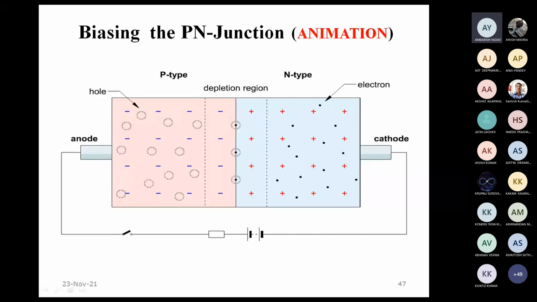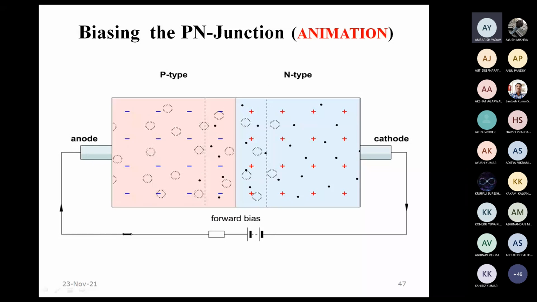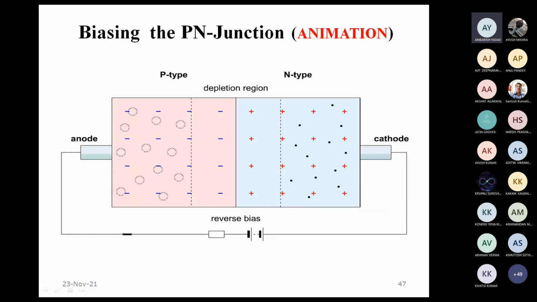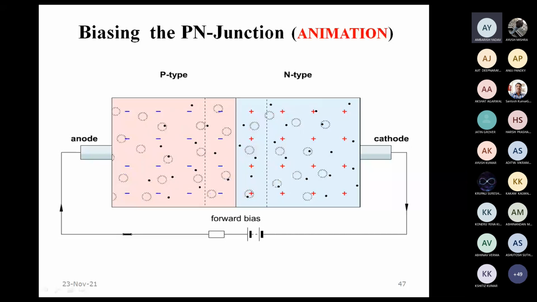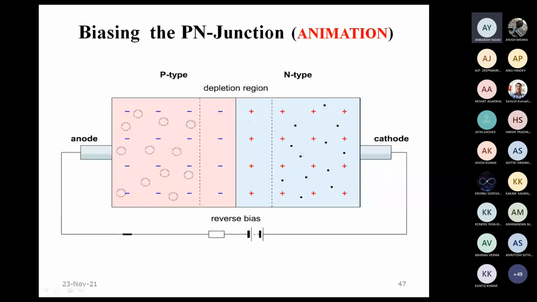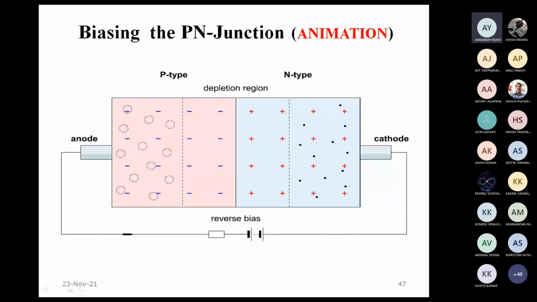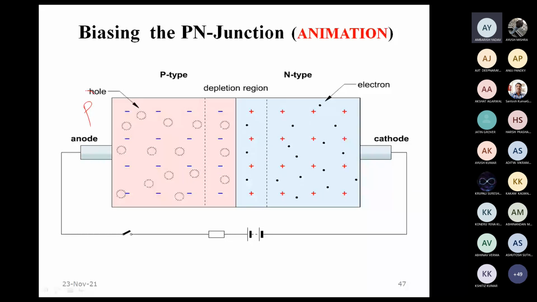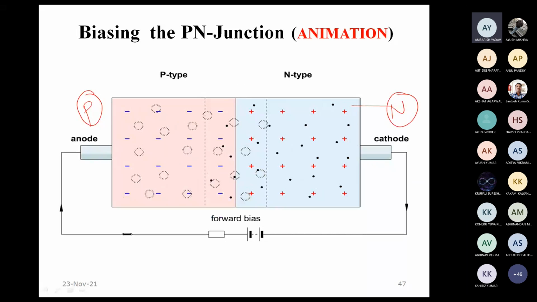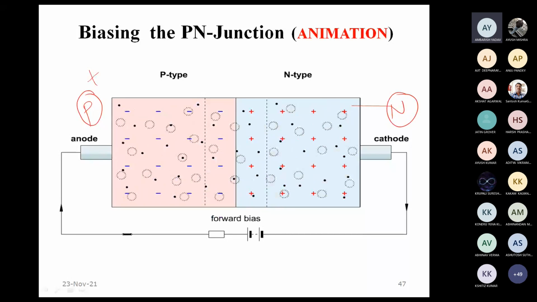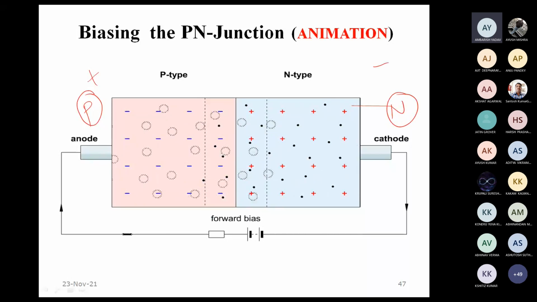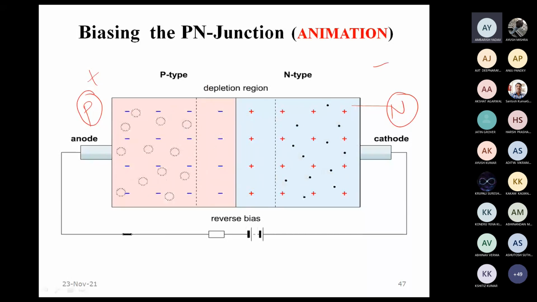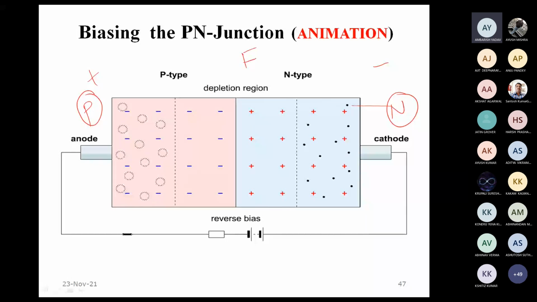Here on the screen you can see the animated version of the PN junction, how it looks. So when we are in the forward bias, that is the anode side or the P side. Okay, so this is the P side, and here it is the N side. When we put the P side at a positive voltage compared to the N side, this is equivalent to the forward bias.